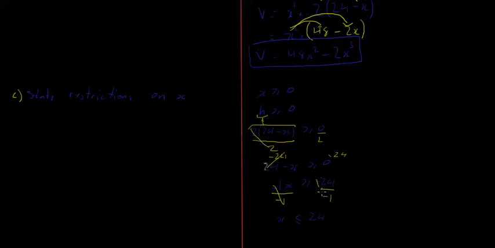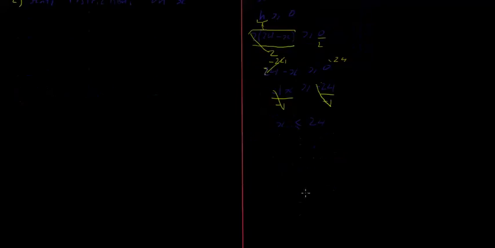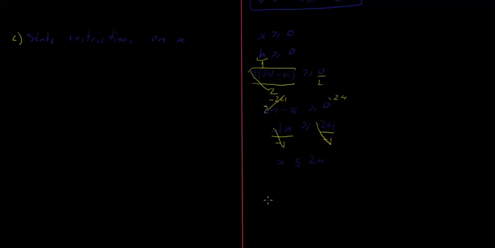Because that negative and that negative 1 will cancel out. Alright, so now we've got two different restrictions on x. First of all, x has got to be greater than 0, and x has got to be less than 24. So the way that we state that as an answer is this terminology, which may be new to you, and